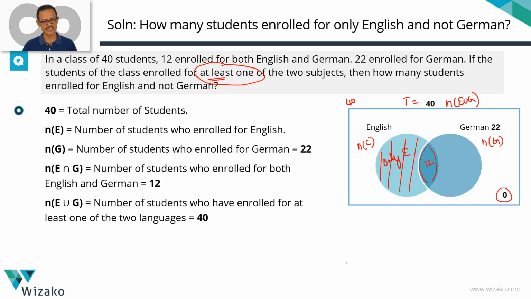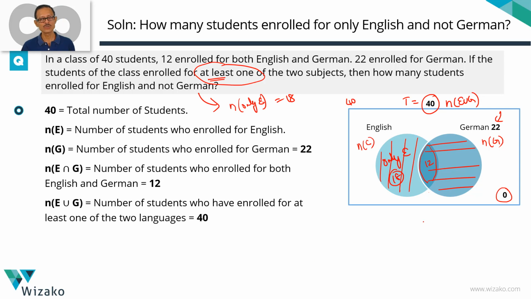From the Venn diagram, it becomes very easy. The count of the elements in both these circles is equal to 40. That has been established. The count of the right-hand side circle is equal to 22. So this entire part which I'm shading right now is equal to 22. So this 22 plus whatever we have on this left-hand side should be equal to 40. What we have on the left-hand side is only English. So this is 22 and the total is 40. This is going to be equal to 18. So what we need to find out, people who enroll for English and not German, which I'll call people who enroll only for English, is equal to 18.